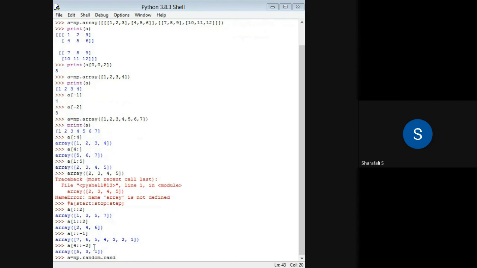So I will use random, I will be using randint, which means that I am creating integer values randomly, up to 10. So the numbers will be integer numbers up to 10, and I have to specify the size here as 3 comma 4. So I'm giving that size for that particular array. And if I press enter,